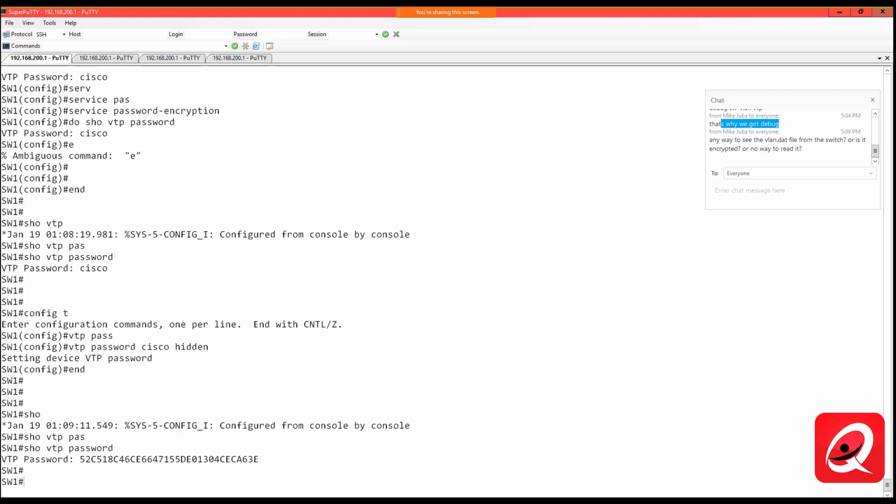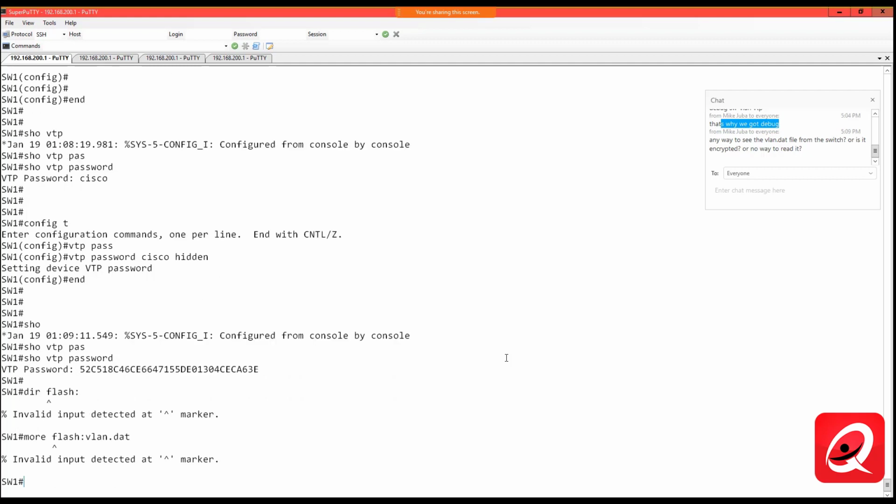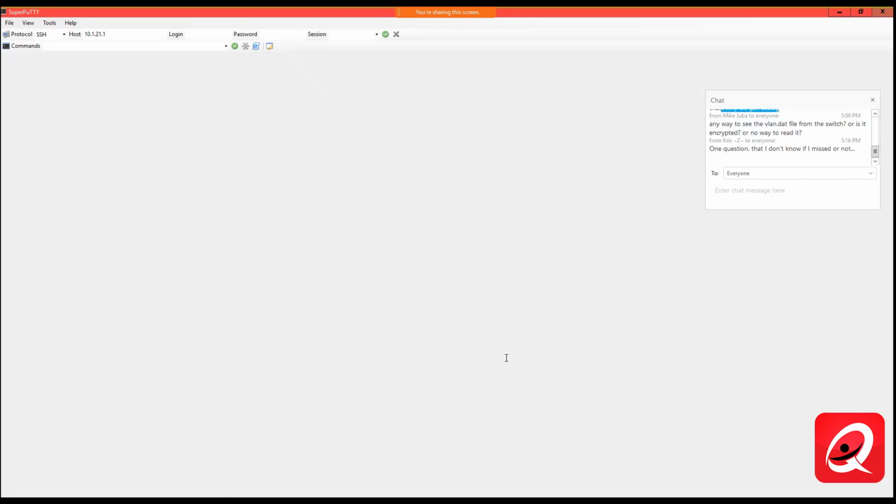Mike asked a question: any way to see the VLAN.dat file from the switch, or is it encrypted? That is a great question. Unfortunately, with GNS3, I don't think, well, I know I can't do it because there's no flash in GNS3, but you might be able to do a more VLAN.dat. Usually when you do a more VLAN.dat, actually, you know what? Let's test that theory. With respect to VTP version 3, there